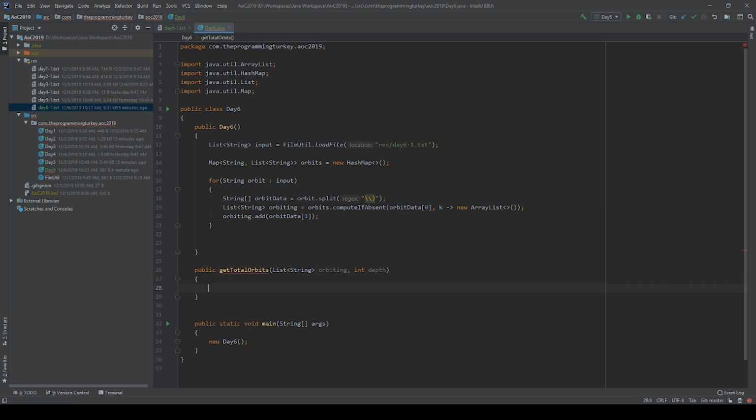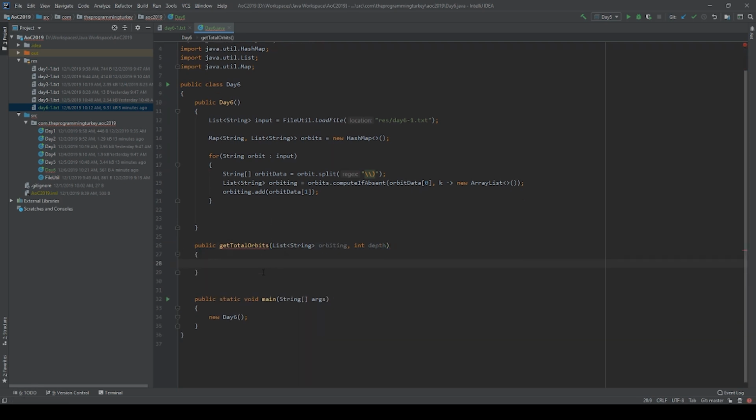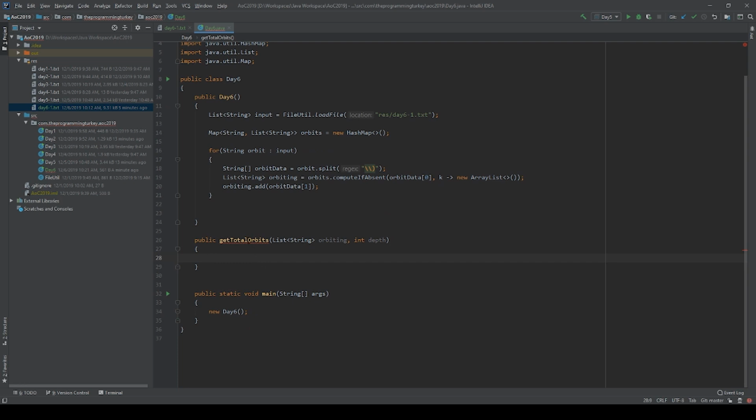And I believe we can recursively call this, and it'll correctly compute. So if we return integer, so in here, if we say int i equals 0,